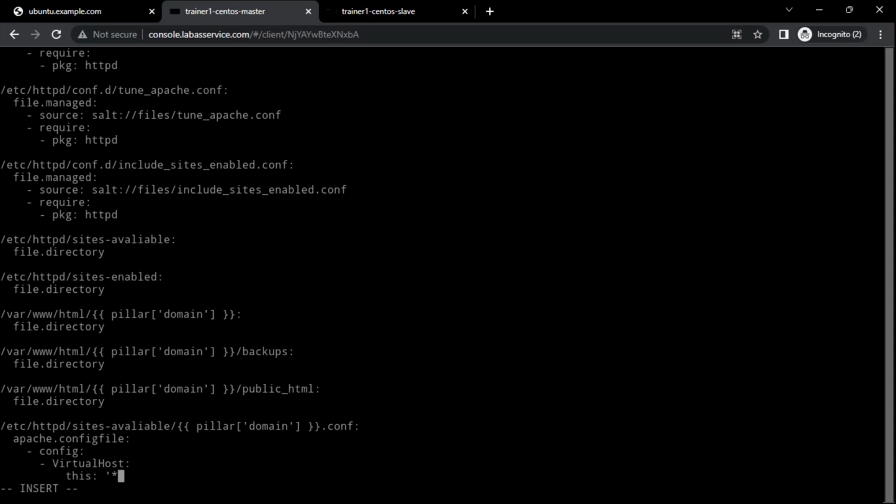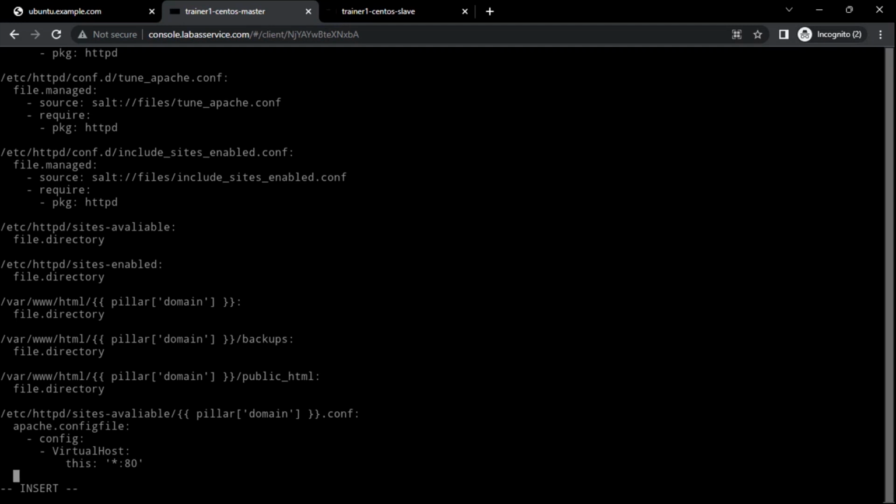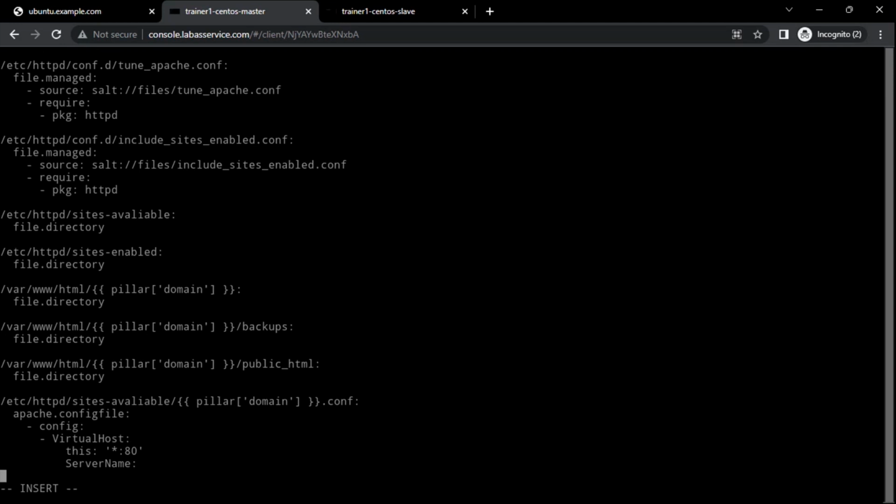Going to listen on the port 80. The server name will be domain.example.com. So I'll use the pillar variable